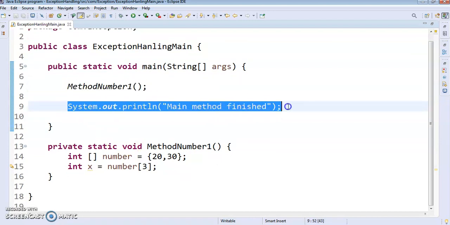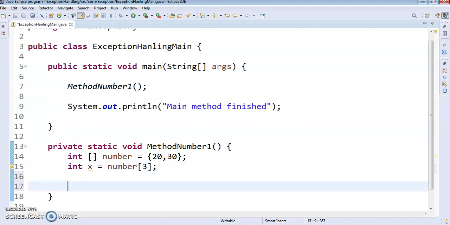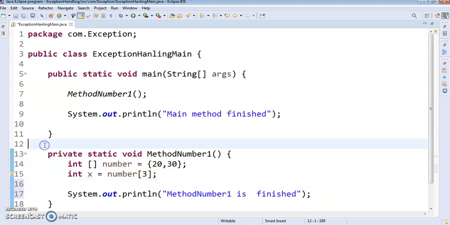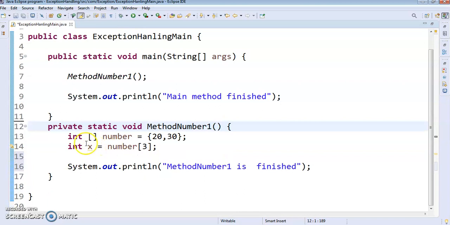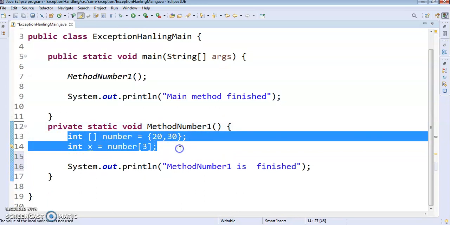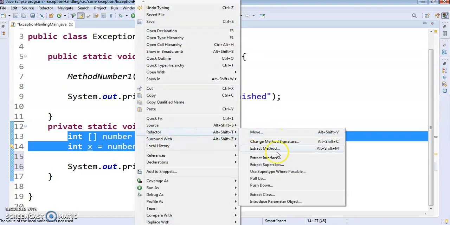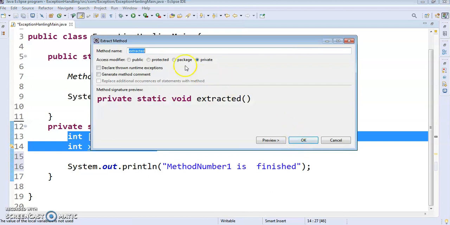Suppose I copy this line and paste it over here. Now this is method number 1 is finished. Suppose we want one more method. We are doing this just to understand how the call stack takes place. Again I'll refactor and extract method, and it asks for the name: method number 2.